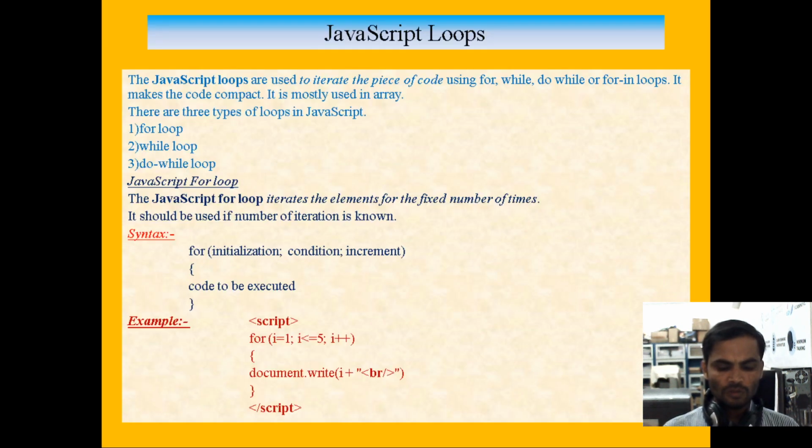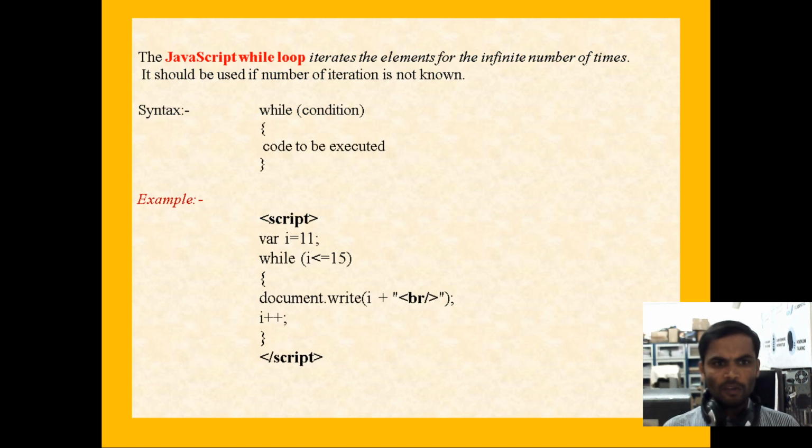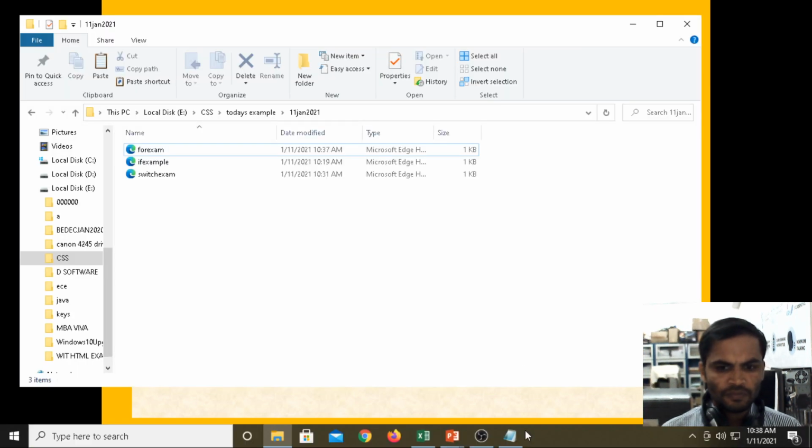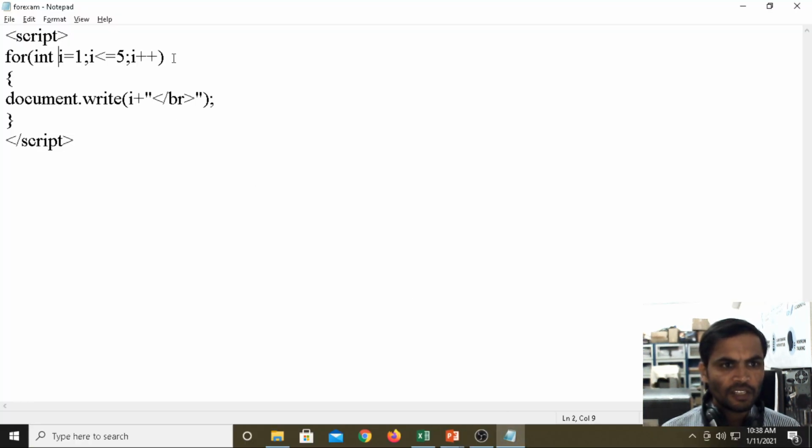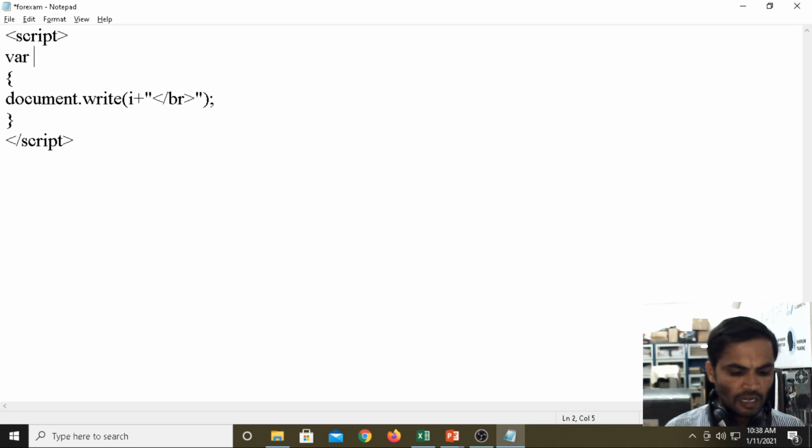Then coming to the while loop, it is similar to C programming: while condition, we take the same, just the same as it is. In the for loop you declared the initialization, condition, and increment or decrement operator. Same here, in place of the for loop, I am just taking var i equals 5.